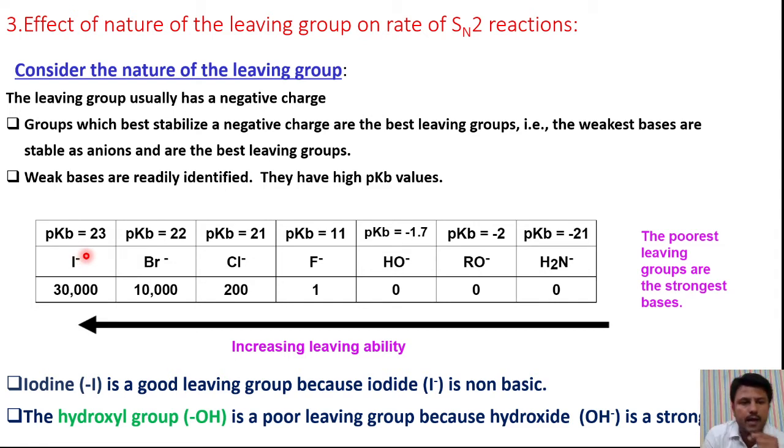Here, the bigger I minus, the bigger iodine can stabilize this negative charge, meaning the charge density is lesser when compared with the smaller fluoride ion. Since the smaller fluorine has one negative charge, the charge density for fluoride is very high, so it is less stable. So the anion which is more stable can readily leave and it acts as a weak base. So weak bases can readily leave, as they are very stable also. So in this case, iodine is a good leaving group when compared to fluoride ion.